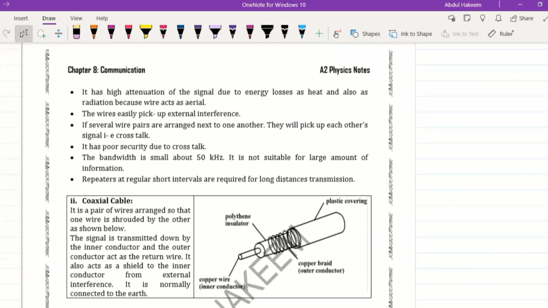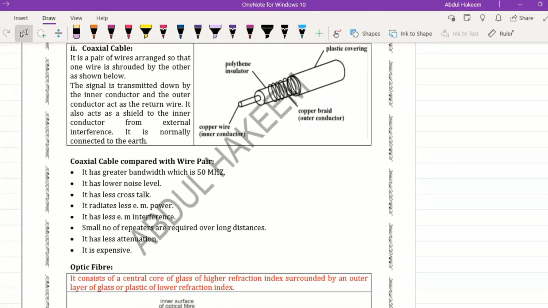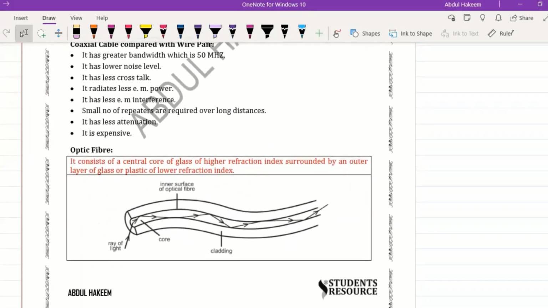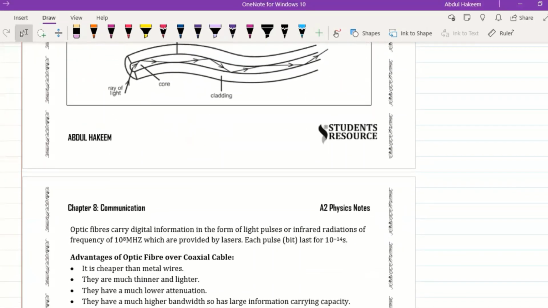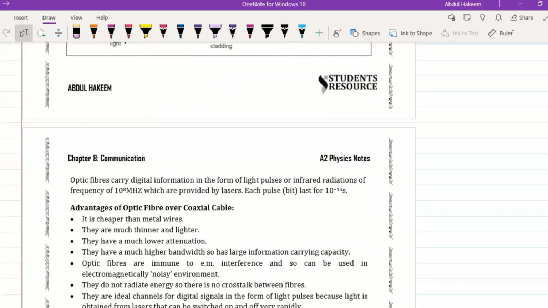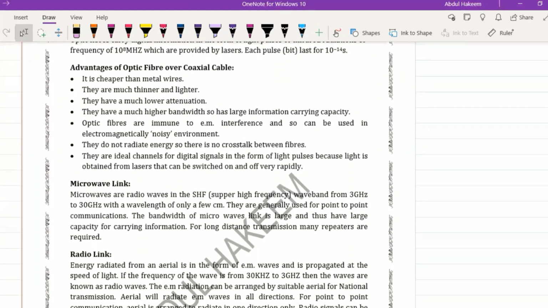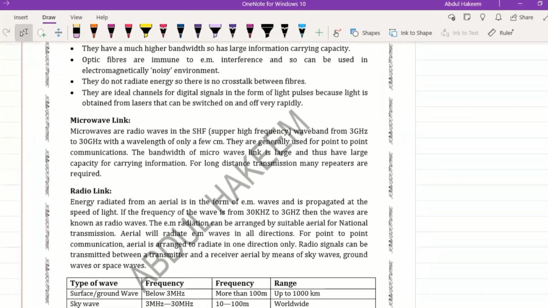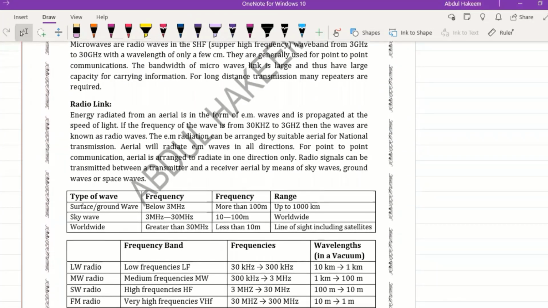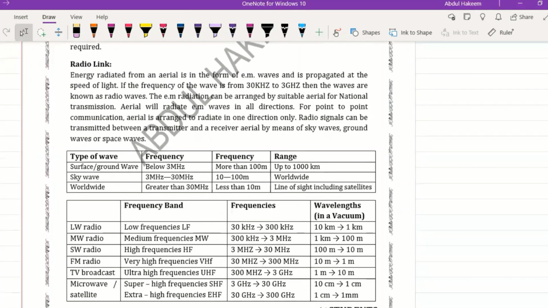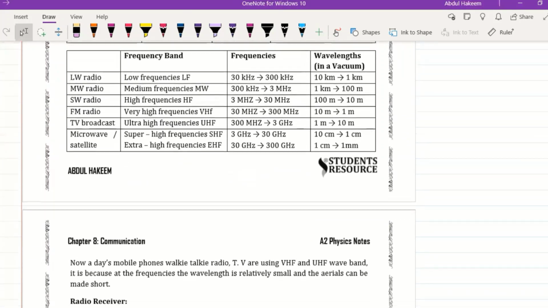disadvantages, then the coaxial cable, its properties and comparison with the wire pair, then optical fiber, and the properties of the optical fiber, and then advantages of the optical fiber. The next is the microwave link, radio link, and the types of the waves: surface, ground, sky, and their frequencies, range,